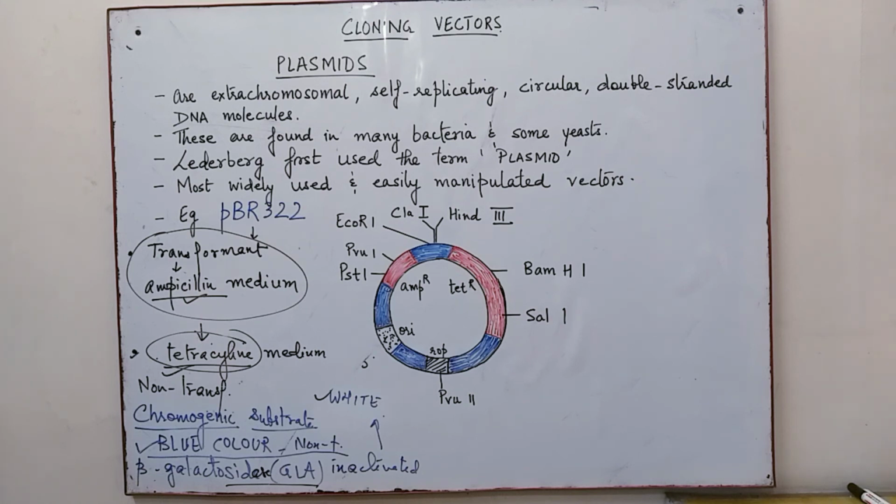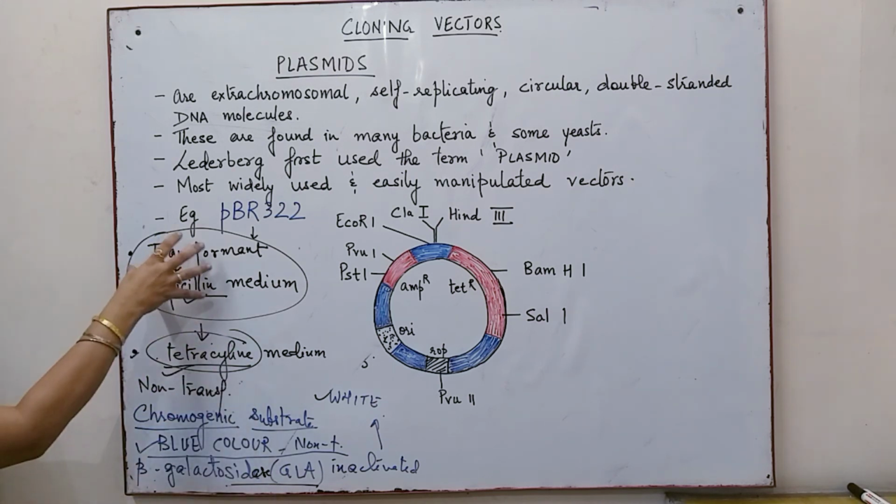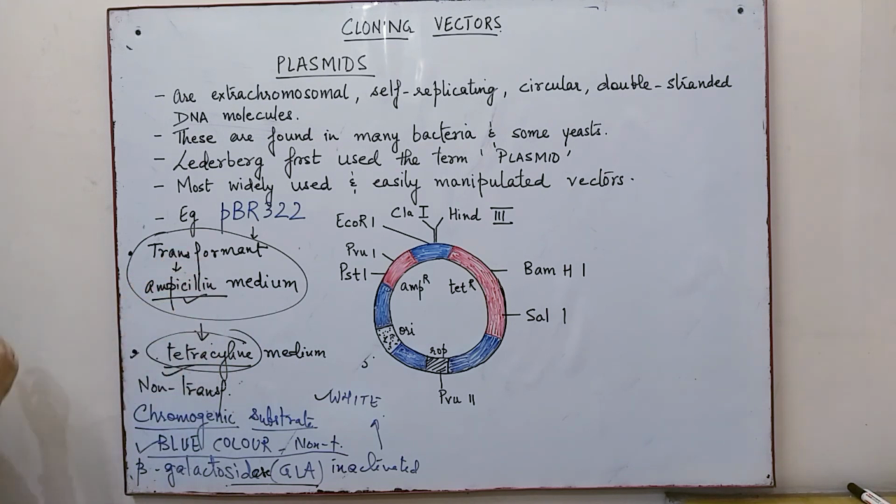Now, if we talk about insertional inactivation, it is a technique used in recombinant technology, and a bacteria containing recombinant plasmid is made to insert onto a restriction site inside a gene for antibiotic resistance, hence making the gene non-functional. So over here beta galactosidase is lost. Now this was a technique to identify the transformants from the non-transformants. So insertional inactivation inactivates the genes. Then we have other methods, that is by the resistance method.